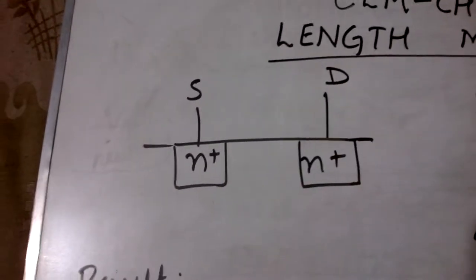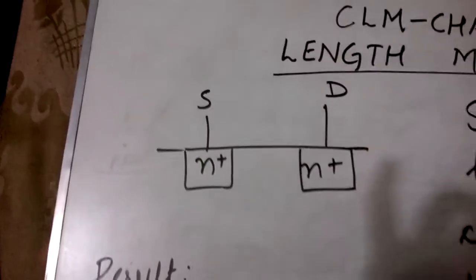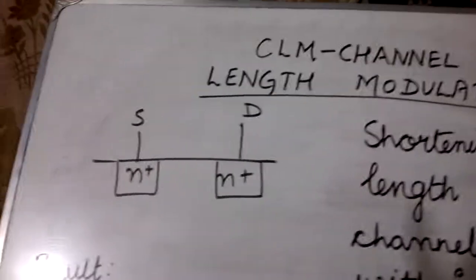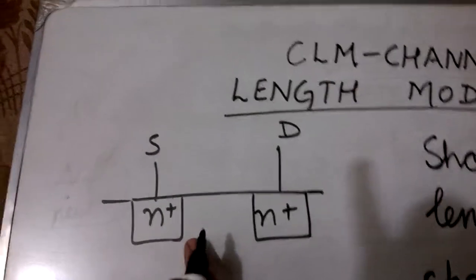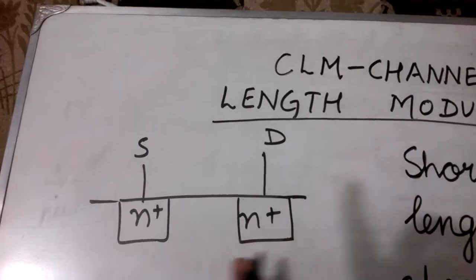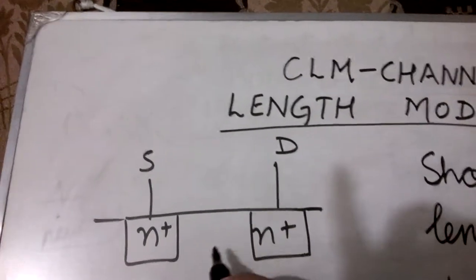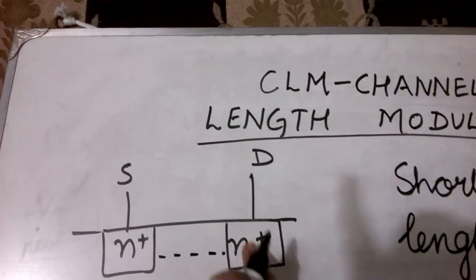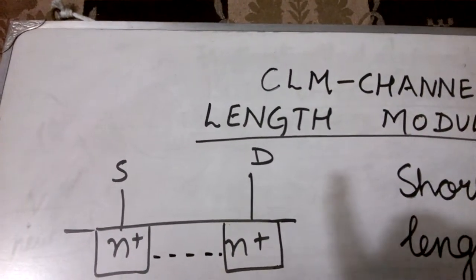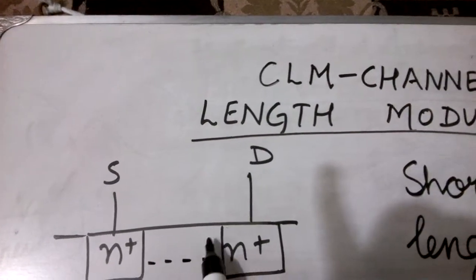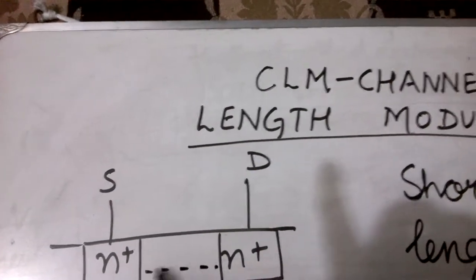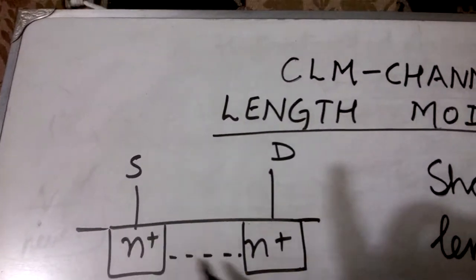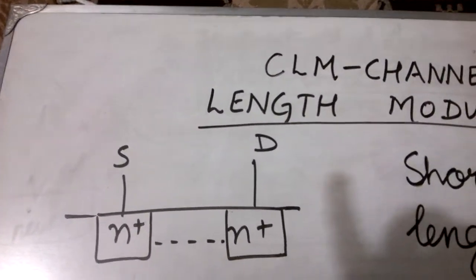This diagram is showing only the two terminals of the MOSFET, that is the source and the drain. We discussed in the earlier lectures also, whenever there is a conduction between the source and the drain, a current will flow through this part. And this part is known as a channel. A channel is formed. That means more and more electrons are attracted here. When excess of electrons is available here, these contribute to the conduction process, and this is known as the channel.